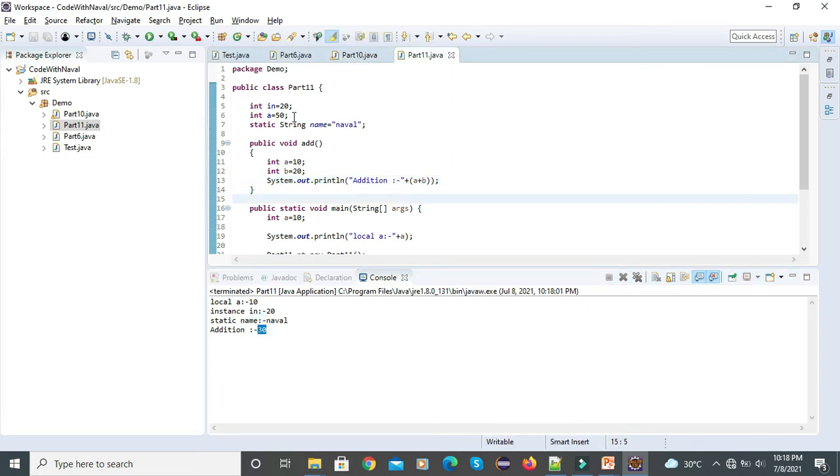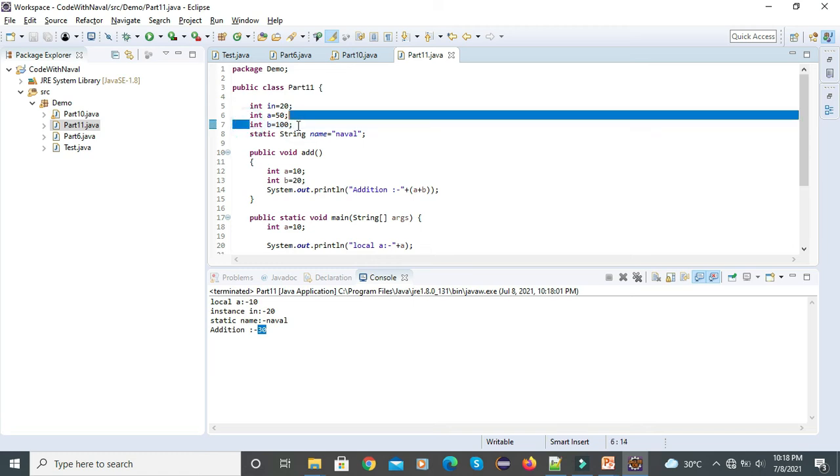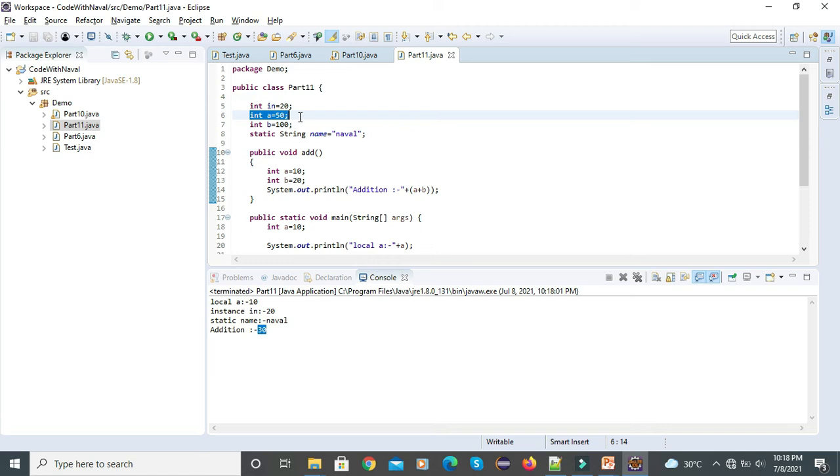Now let's define two variables, int a, int b equal to 100. Let's define this properly, int b equal to 100. You can see this time we got the 30 result. Now we have to access this instance variable instead of this local variable, but the instance variable name is the same and the local variable name is also the same.